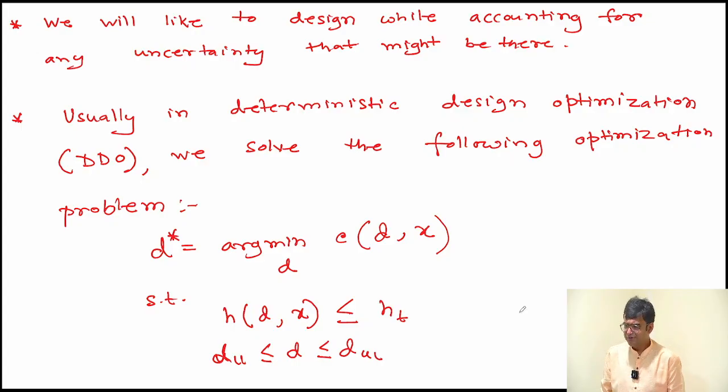In reliability based design optimization, you convert your performance constraint, which becomes your performance function also, into a probabilistic one, a reliability analysis one, which means, and now things will get trickier, that the reliability analysis part is now an inner loop